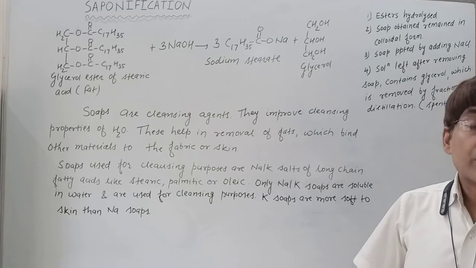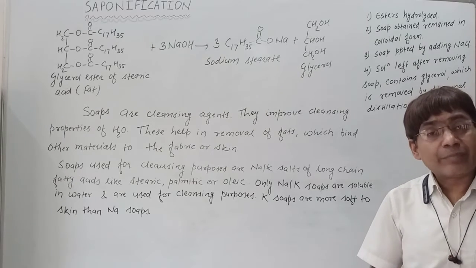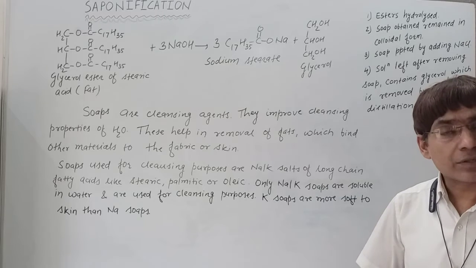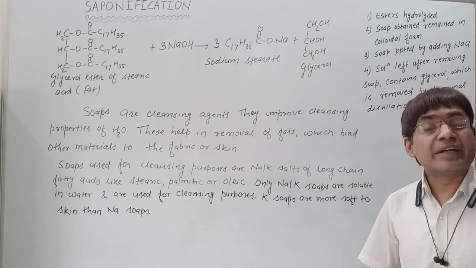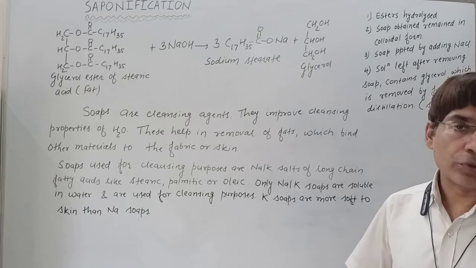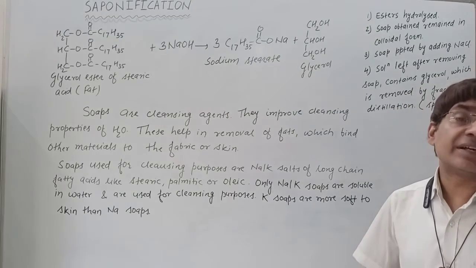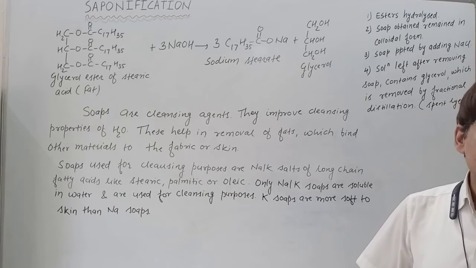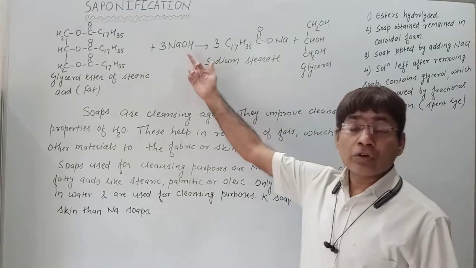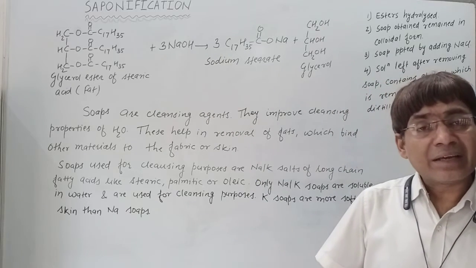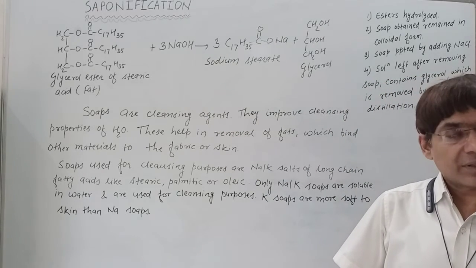Is it clear? So what we are saying is that by alkaline hydrolysis of these fats, what we are obtaining is soap. It is being obtained in the form of a colloidal solution, so this is not a precipitate. For causing precipitation, what are we adding? It is either NaCl or KCl, depending upon what alkali we have taken for causing that alkaline hydrolysis. Is it clear?